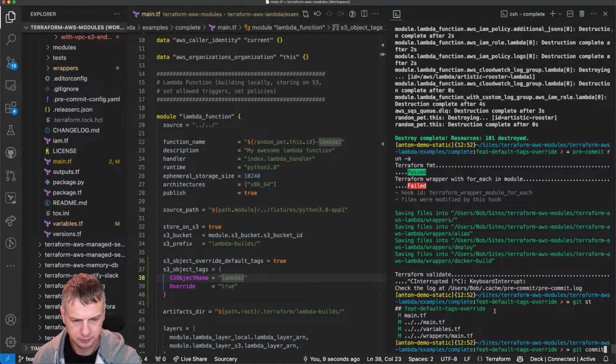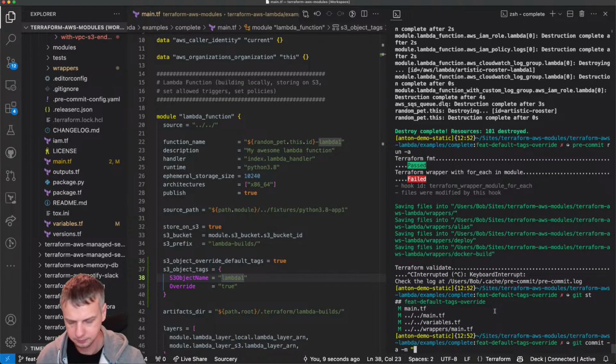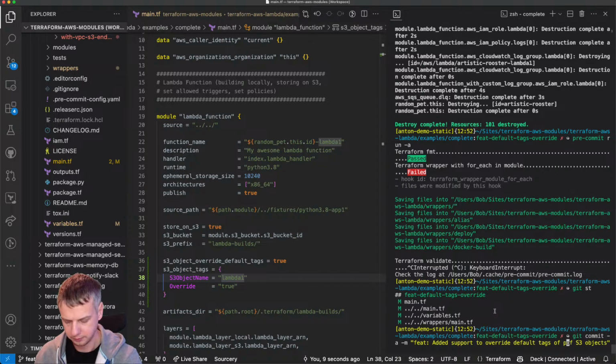So now if I git commit, it's going to be: added support to override default tags on S3 objects, to override default tags of provider in S3 object.